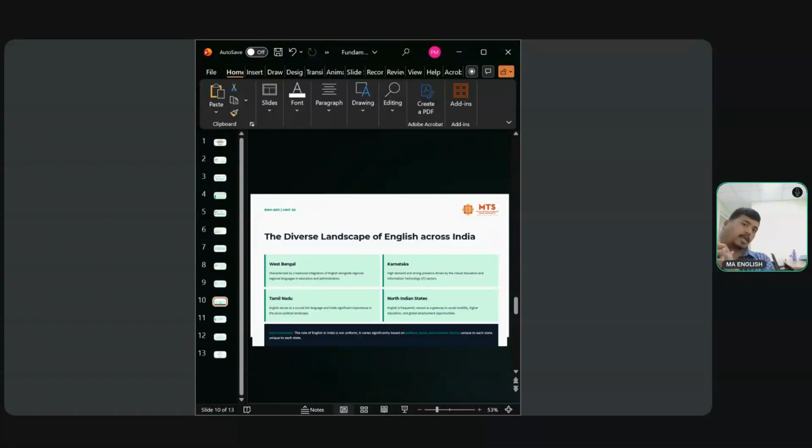And finally, we have North Indian states like